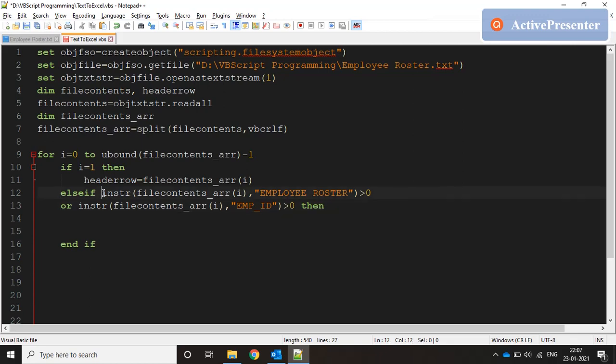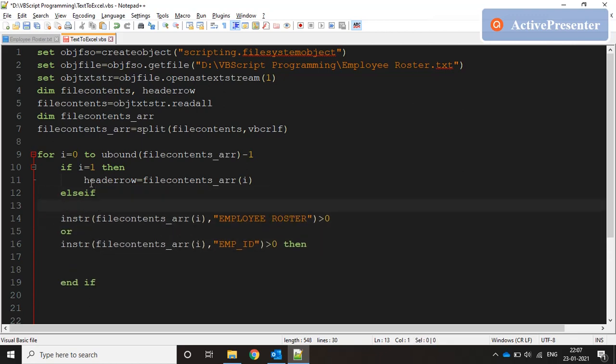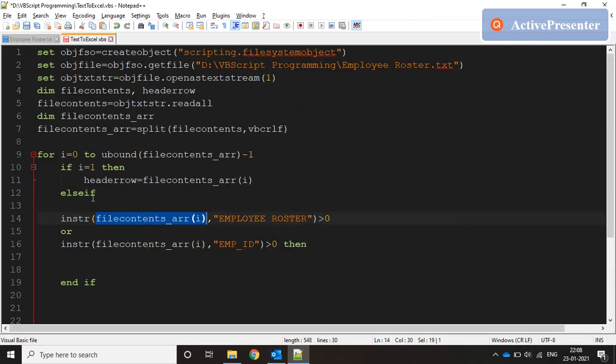So what did we do here? Okay, so this is our else if condition. If I equal to 1, we are going for the header. Else if, so if I is not equal to 1, what are the other conditions we need to check? If this file content error I, which basically is the entire row that we are reading one by one, could be the third row, fourth row, fifth row, sixth row, if that row contains this employee roster,